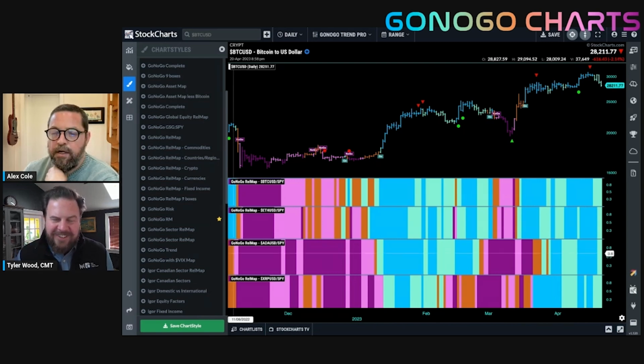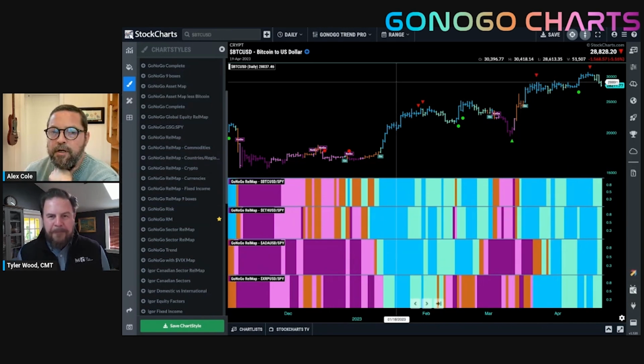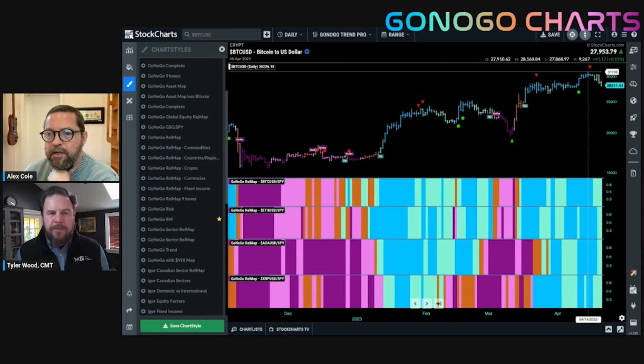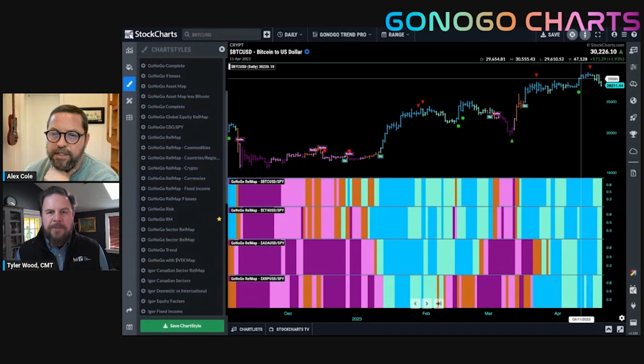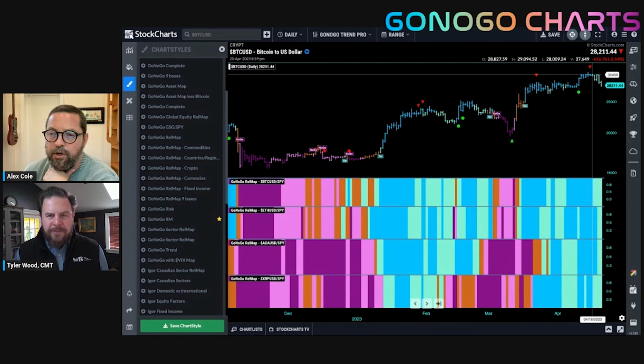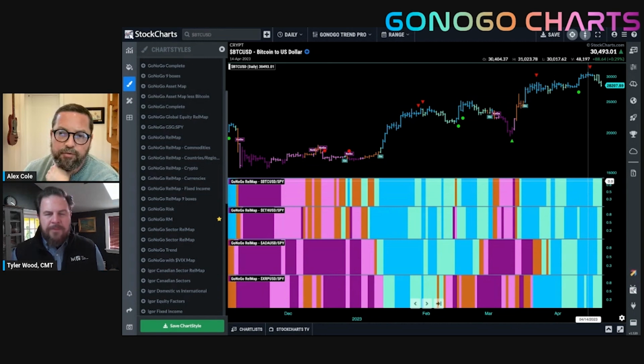That's absolutely right. The only thing I'd add to that is that we have seen some weakness come into the GoNoGo trend indicator. This is Bitcoin in the price panel. So we see that pullback from highs. This, of course, is a counter trend correction arrow telling us that in the short term, price may struggle to go higher, which is exactly what's happened here. And you can see that even on a relative basis, all of these cryptocurrencies relative to the S&P have weakened in their relative outperformance. They're painting aqua bars here on the right side of the chart, but all 4 of them are still outperforming the S&P on a relative basis.